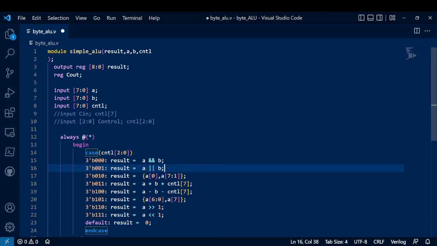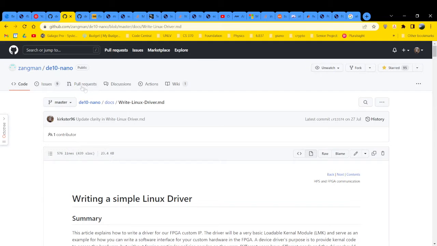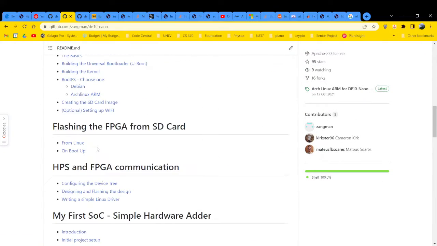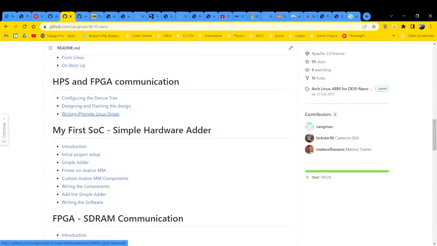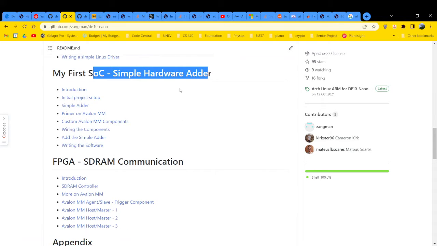And yeah, there's not much more to talk about. Oh, the result is actually 9 bits wide. And that's because the way I made this project work is I used the instructions on this wonderful Zhangman DE10 Nano repository, their walkthrough demonstration of